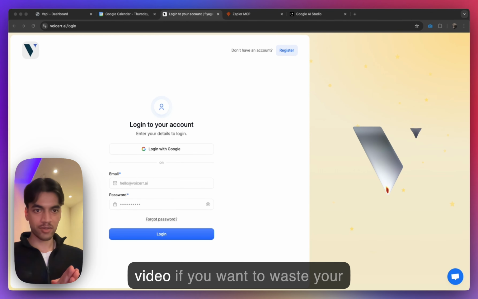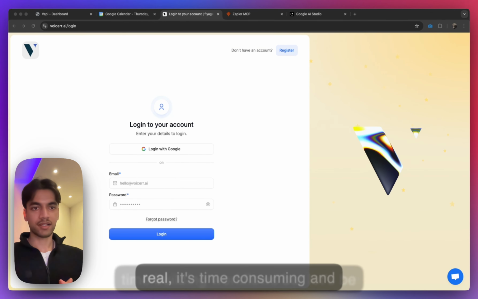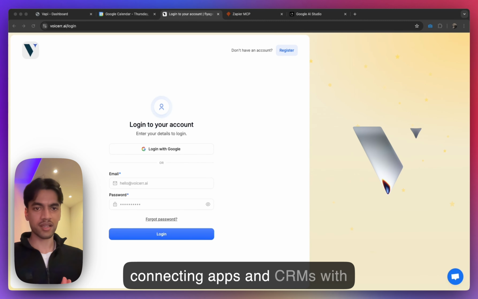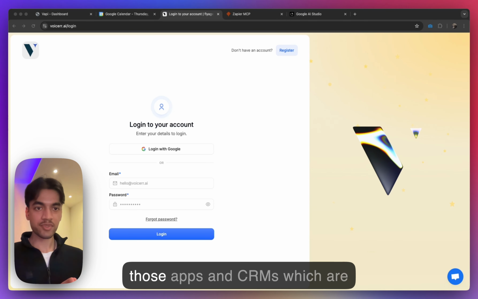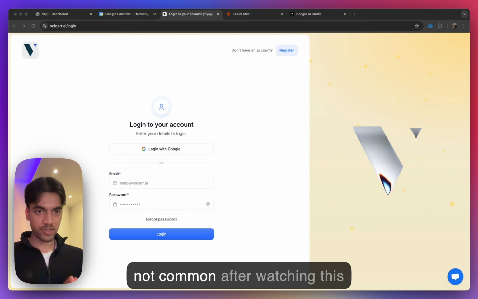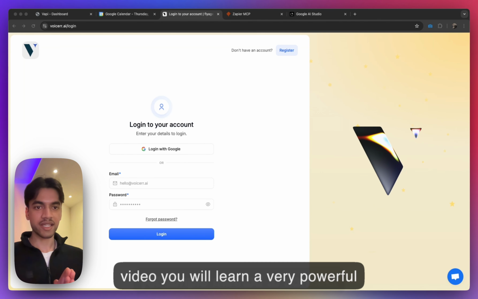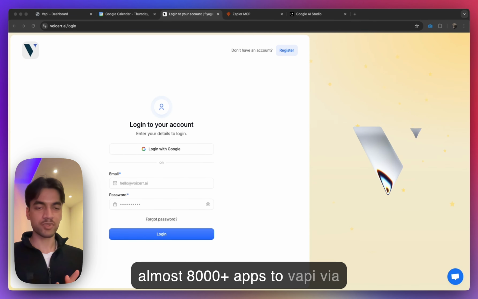You can skip this video if you want to waste your time building workflows. But let's be real, it's time consuming and challenging when it comes to connecting apps and CRMs with your Vapi voice agents, especially those apps and CRMs which are not common. After watching this video, you will learn a very powerful yet simple method to connect almost 8,000 plus apps to